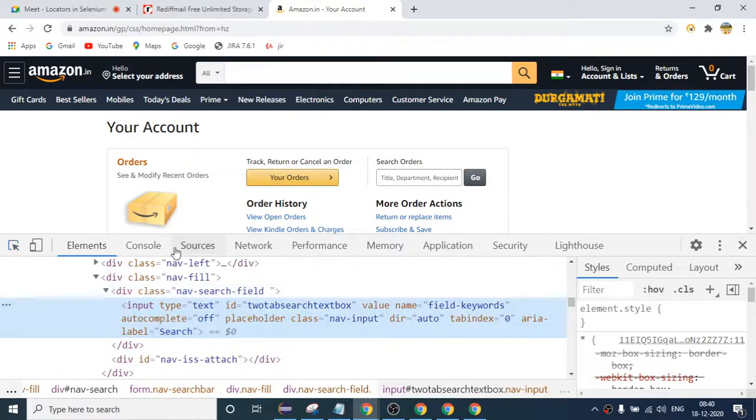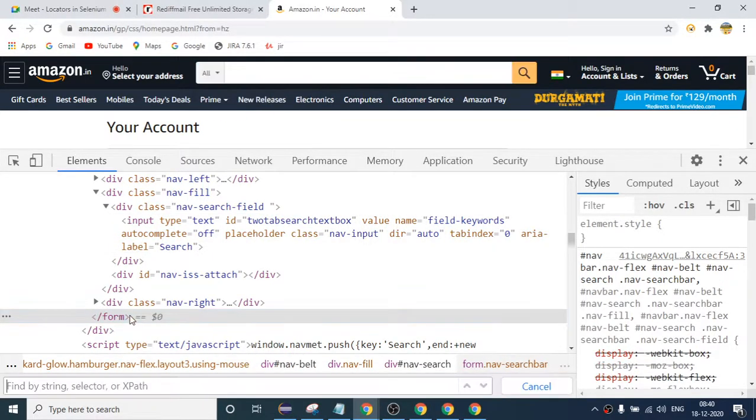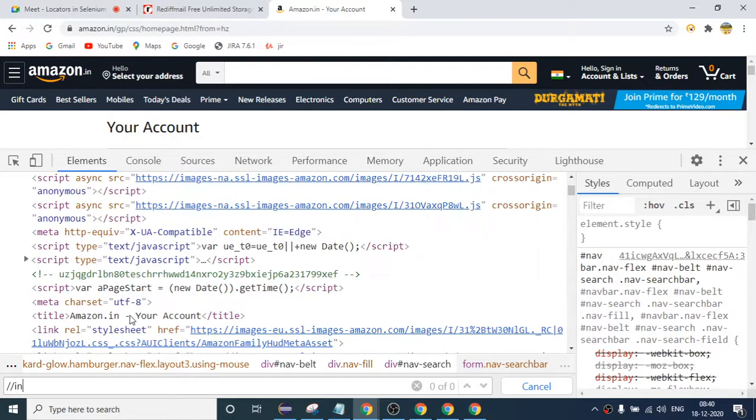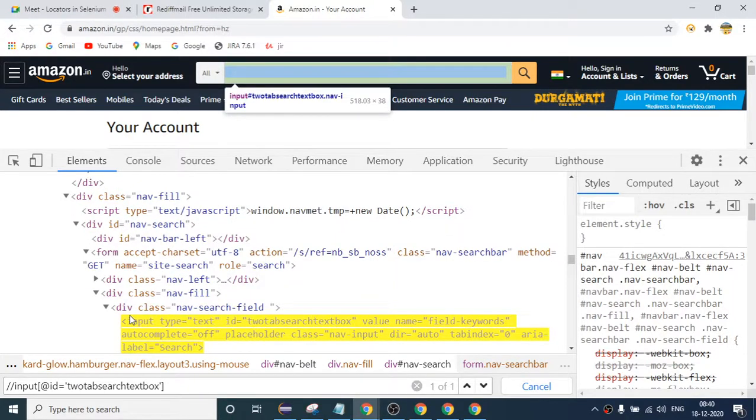So if I talk about this ID, we have seen this so many times. Suppose I am writing an XPath. So Control F, I will say double slash input, at the rate ID. For every element you can use contains.